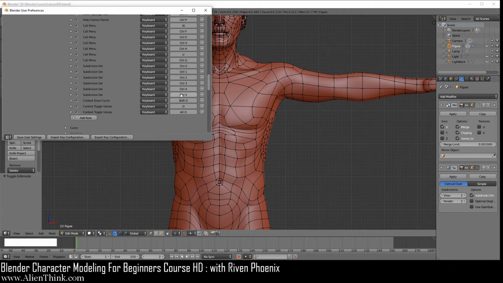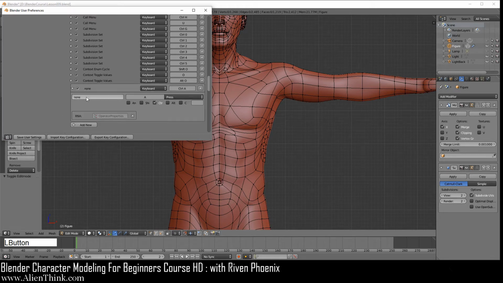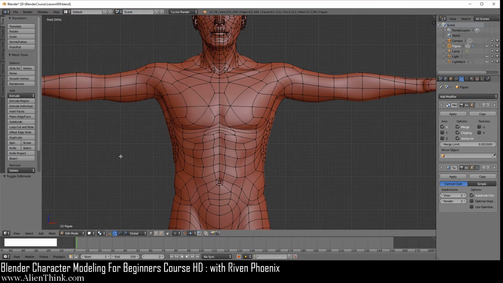So if you scroll all the way down over here, do Add New, it allows you to add your own custom shortcut key. So if I click on this and do Control A, you can see that I've added this over here. So over here, I'm going to expand this little arrow, click on this and do Control V. Paste that command. So if you click on this, you'll see how Blender captures that information. So this shortcut key is over here. So now if you do save user settings and you close it, and if you close Blender and open it back up, you'll notice that that shortcut key always works.